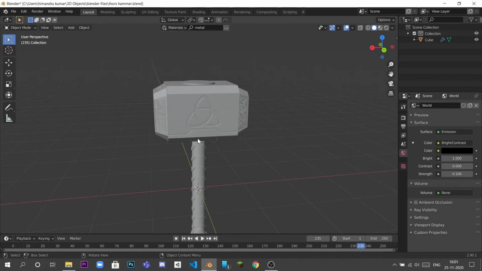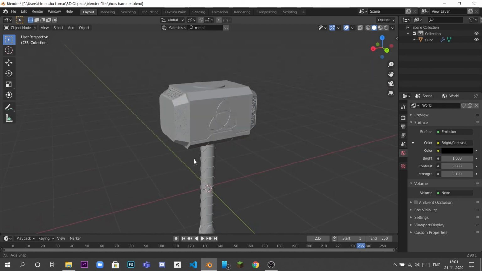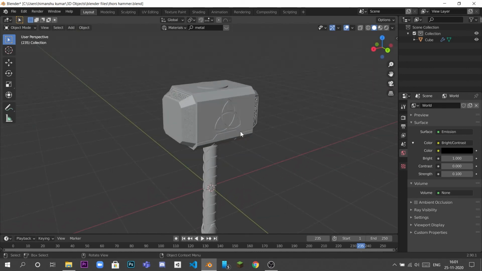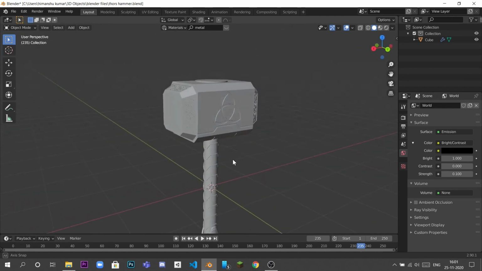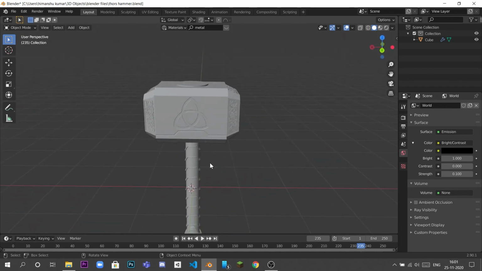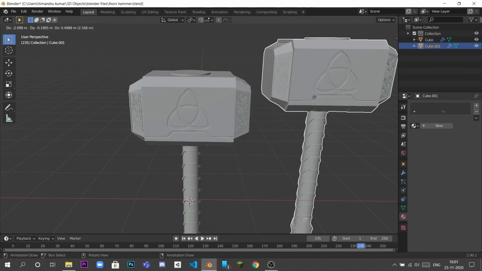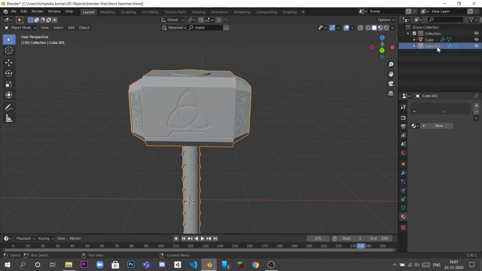and we are going to UV unwrap that, and also we are going to texture it and bake all the texture maps. So let's start with making a low poly version of it. First, we have to copy it with Shift D, and we have copied the model. Now name it the low res model so that we can distinguish it